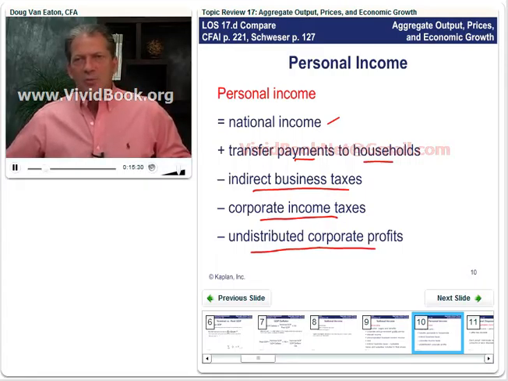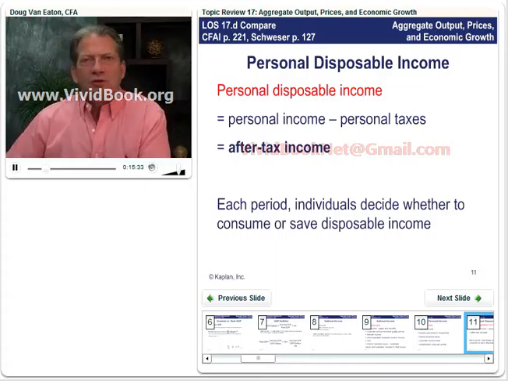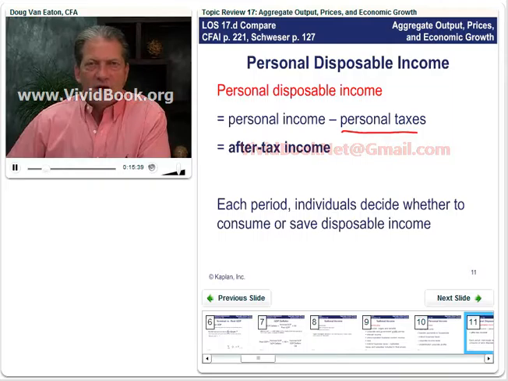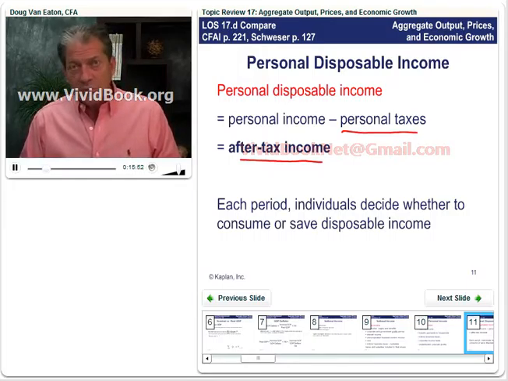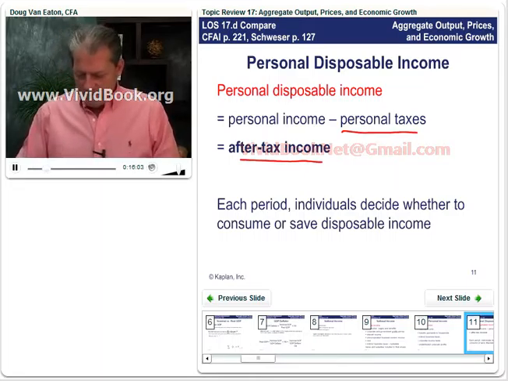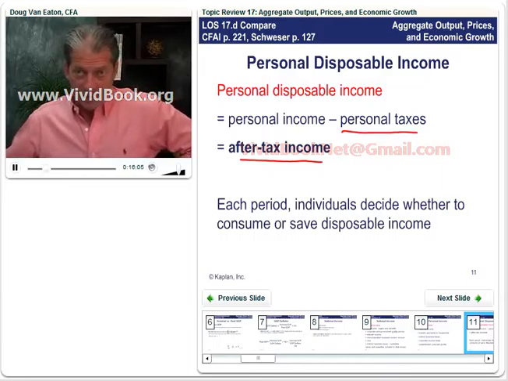And the main thing we want personal income for is to calculate personal disposable income, and we just want to subtract off personal taxes there. So it's the after-tax income of the population. Well, the reason we like that, it's a good indicator of consumer spending. When disposable incomes are going up, people spend more. When they're going down, they spend less. So that's why it's a pretty good indicator and something that economists like to watch, especially those that are trying to predict changes in overall GDP.